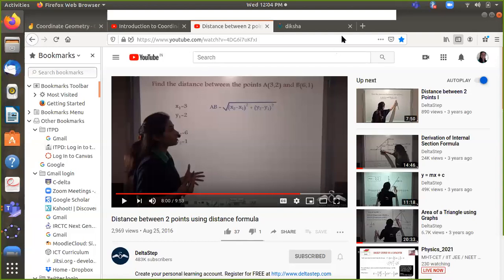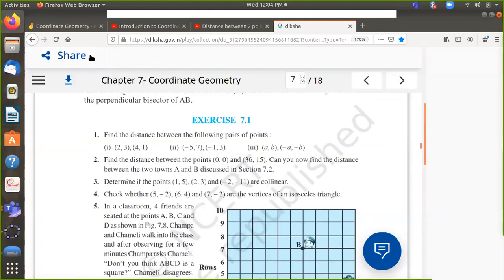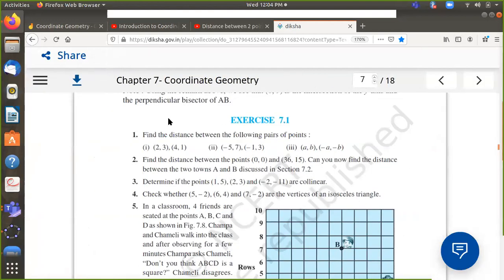Okay, so you have got your first formula, that is the distance formula. Now we should learn how to apply this formula in a given problem. So we will go back to our exercise now to find out how we are able to apply this formula that we have just learned in a new situation. So I think you can take your textbooks. Yeah, this is exercise 7.1 that we are just looking at. So the first problem is what we will take up and try doing it.